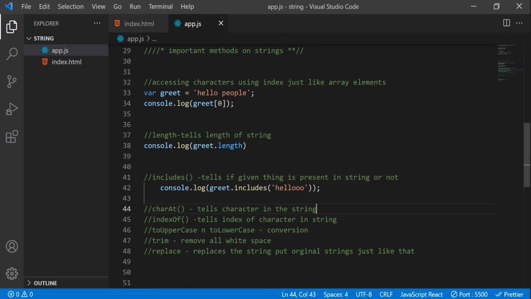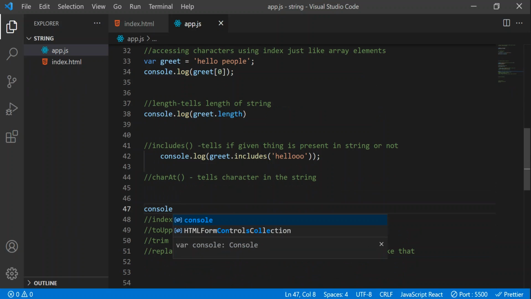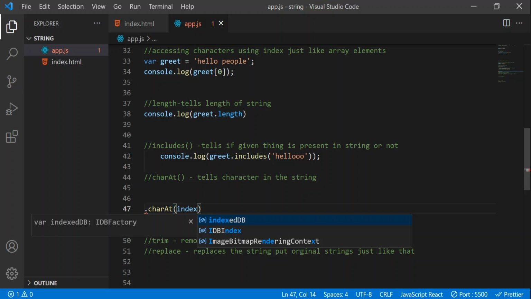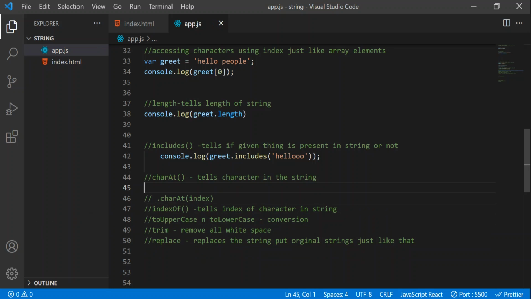Next, charAt. This is another method. First I will write the syntax. Let's write charAt, and inside that we have to take an index. This method works similarly to accessing elements using an index. So here also we do the same thing.